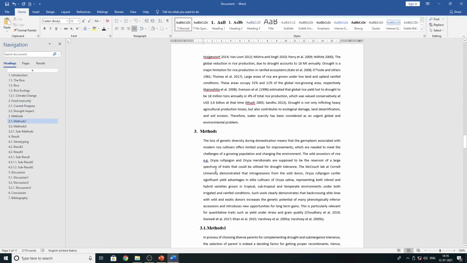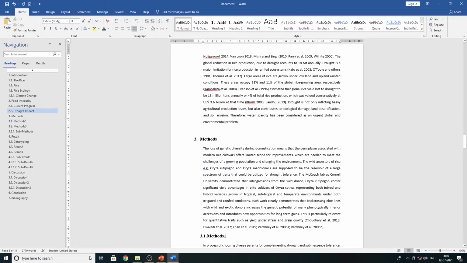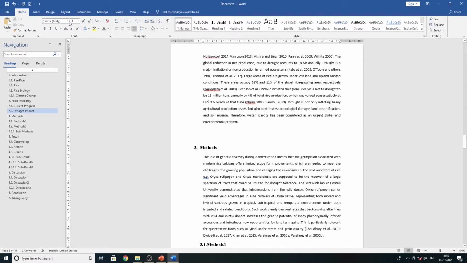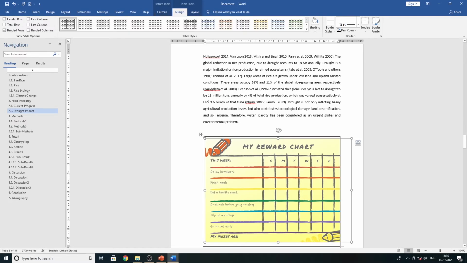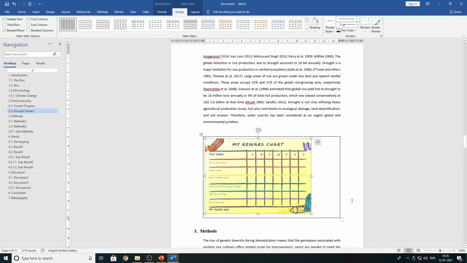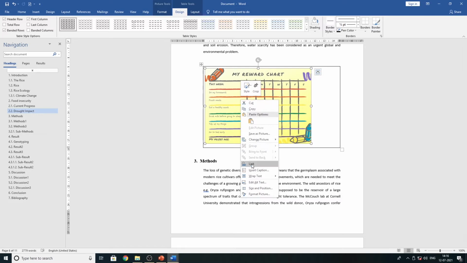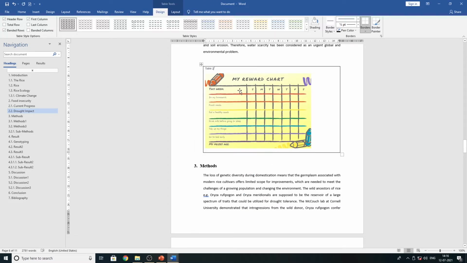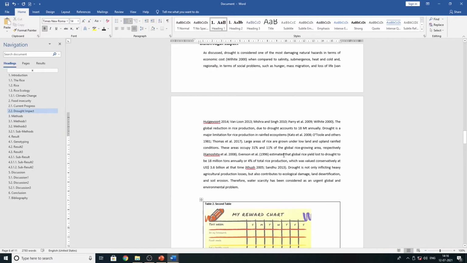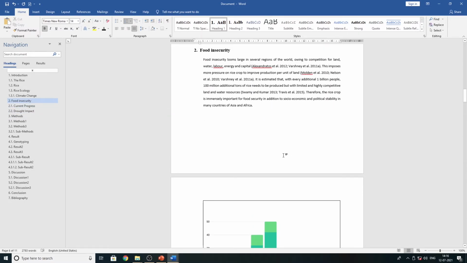Now I'm going to add a table here. A similar table I'm going to add here. I'm going to insert, adding table, paste, and adjust it. Right? Now I'm going to select the table, insert caption, table 2, add it, second table, right? Change the font, bold, italic. Okay, now I'm going to add one extra table over here.